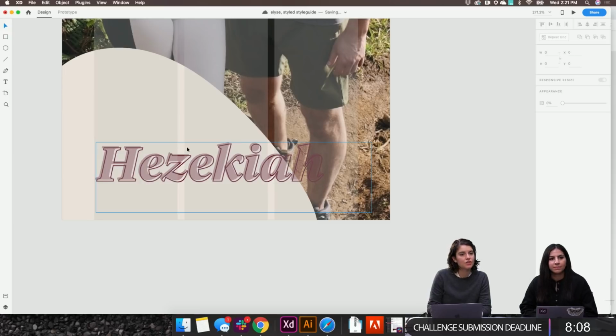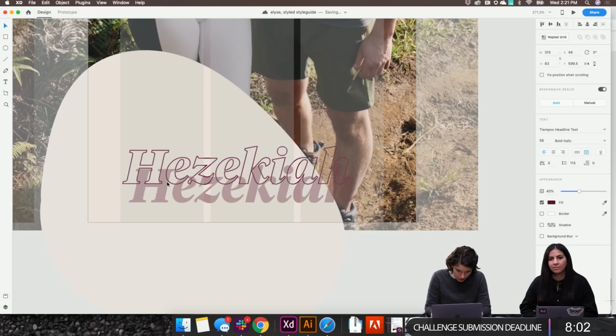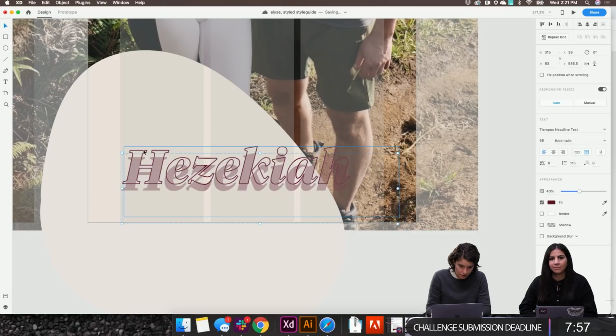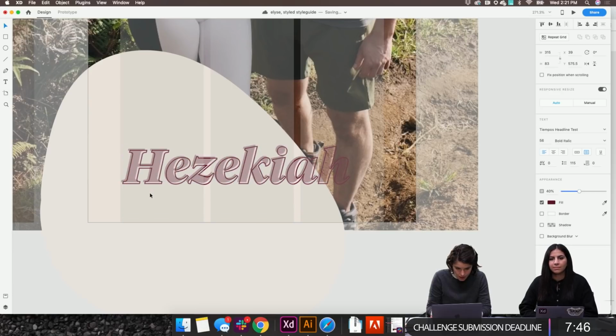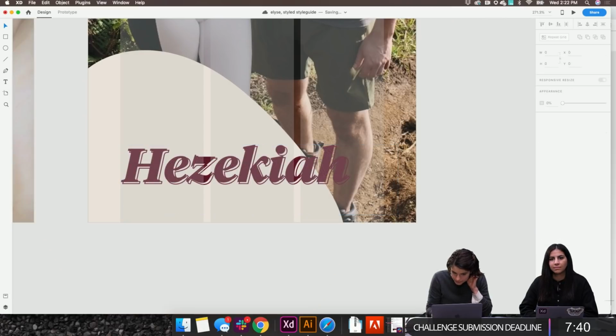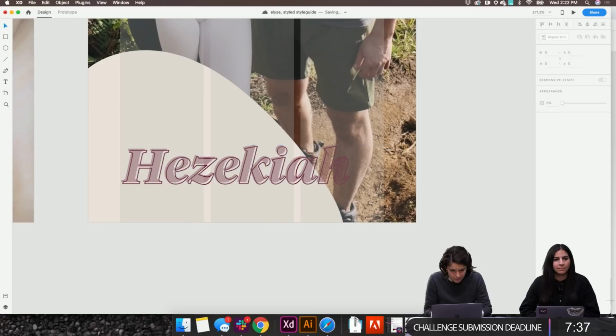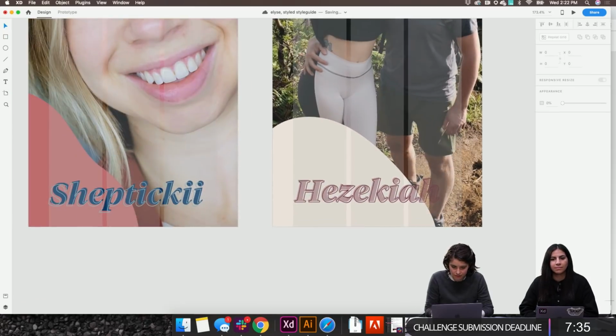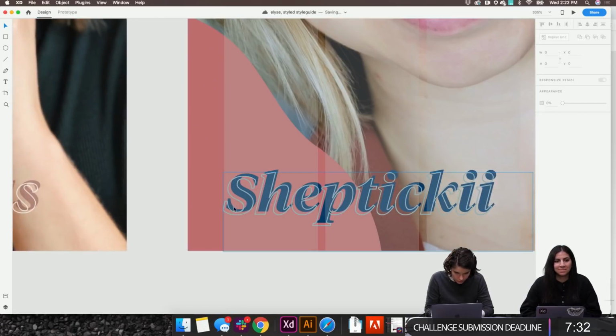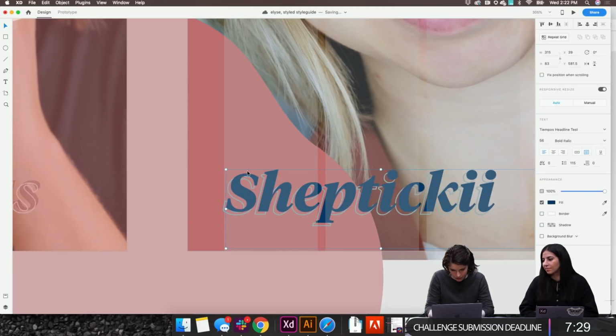Okay, I see a suggestion to put the field name on top of the outline instead of behind. That's a good suggestion. Sydney, I will try that. Grab that. And then I'm guessing the idea is to put that. I don't know that I love that, but I'm glad that we tried it. Maybe it would work better with a different color combo.